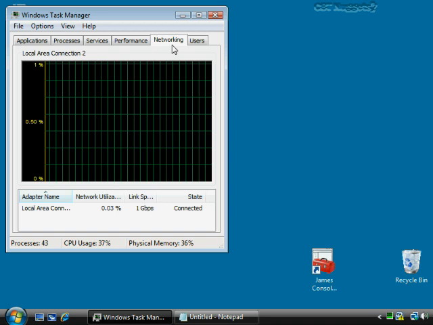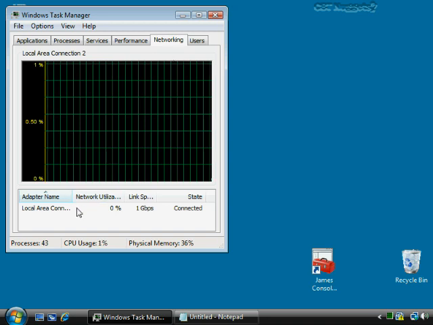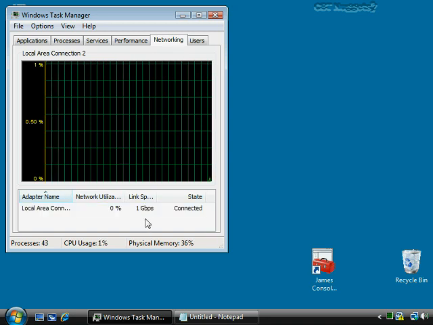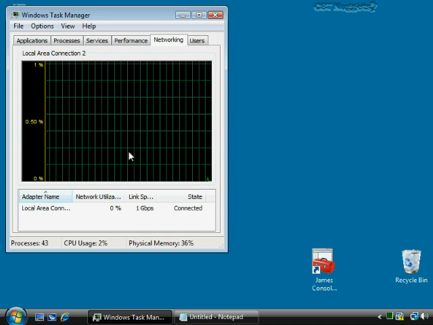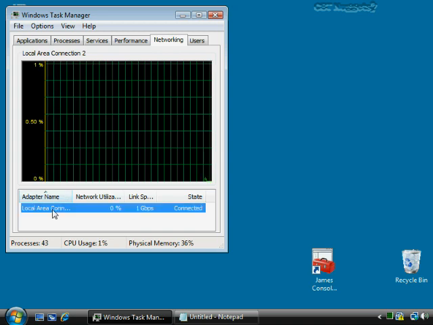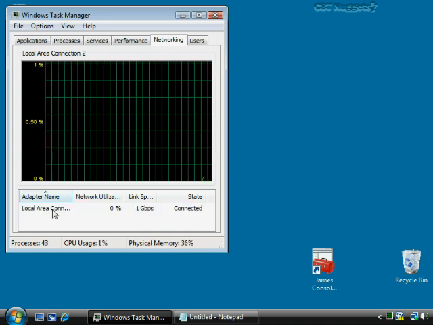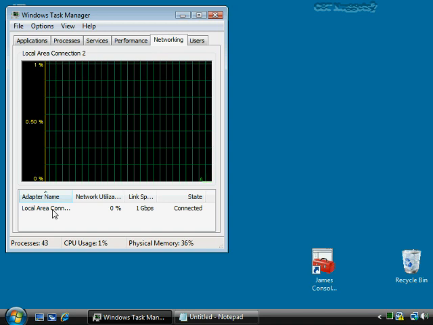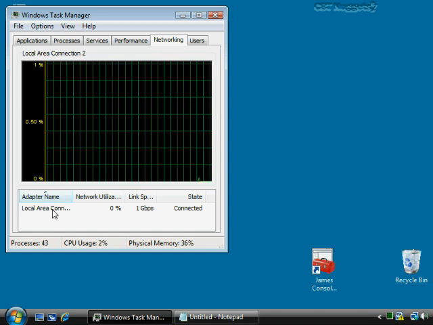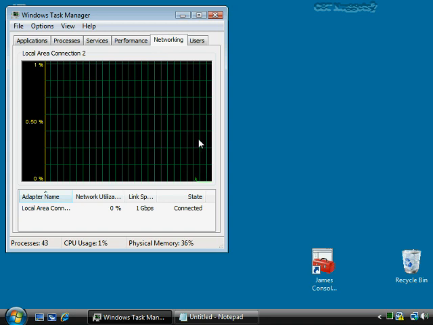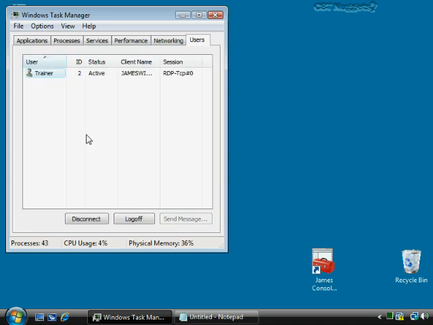And then if we keep on going here to the networking tab, this tells me how much bandwidth utilization I'm getting out of my adapters. And I like that one too as well for a snapshot because I can see if I'm downloading files fast enough or if I seem to be getting good responsiveness from the network and the like. Then there's various users that I can look at over here as well. If I've got somebody else connected, for example, by another remote desktop or logged on locally, whatever,